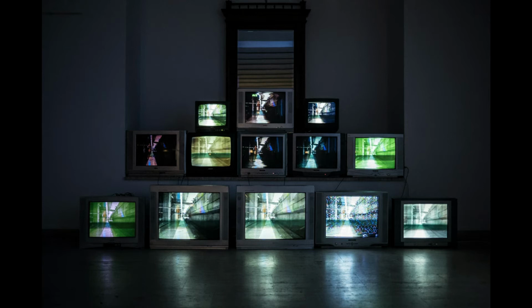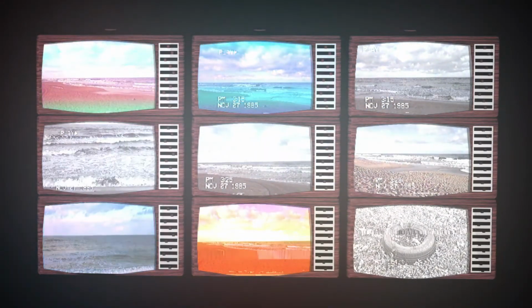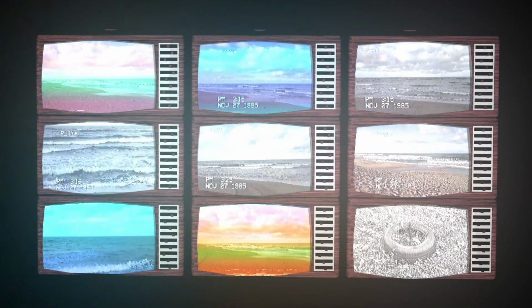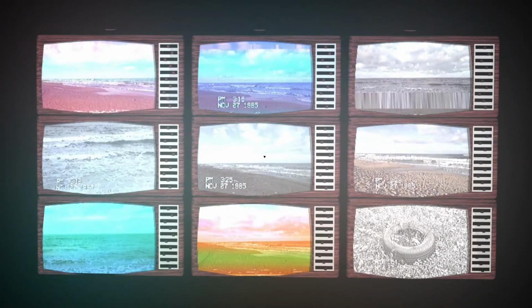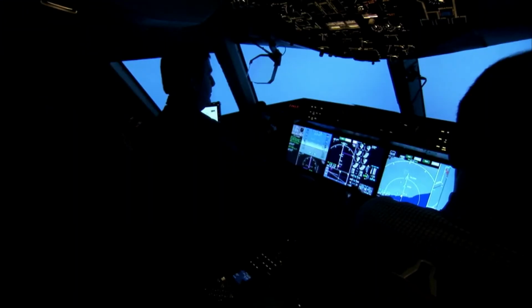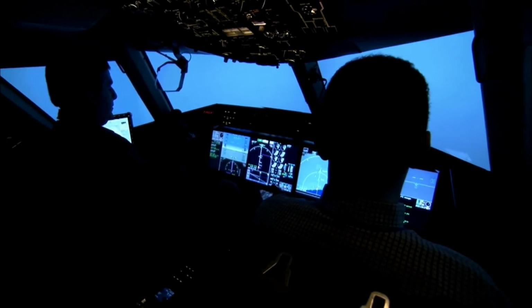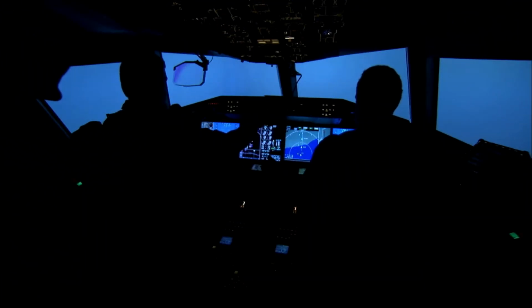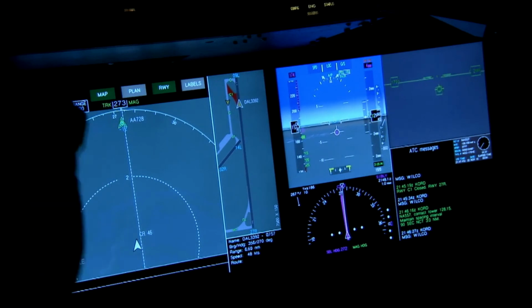As you know, cathode ray tube displays require a larger volume, and they consume a lot of power. Whenever components use a lot of power, ultimately they create more heat, but we cannot bear more volume, more weight, and more heat inside the cockpit. So these CRT displays were replaced by LCD displays. LCD displays require very little volume, as well as using very little power compared to CRT displays, so they create less heat inside the cockpit.